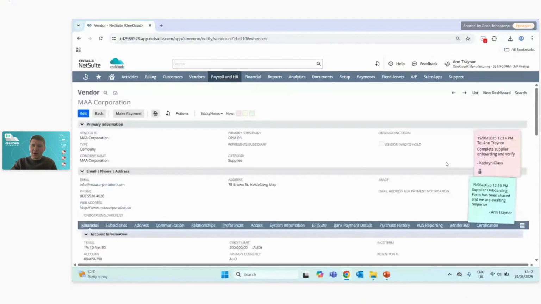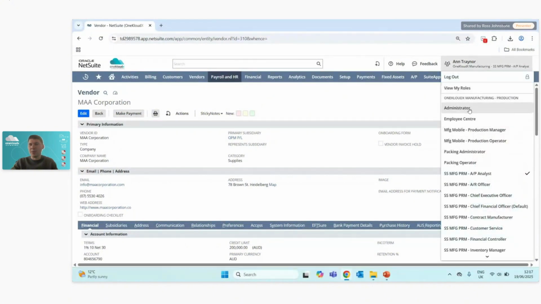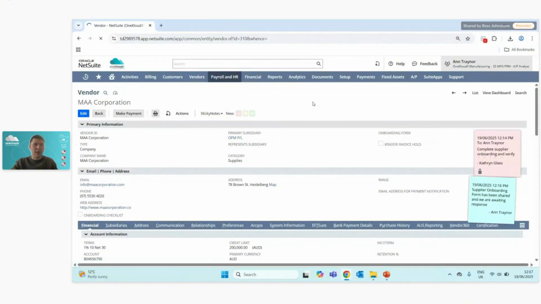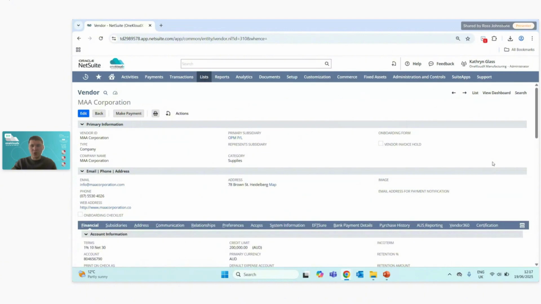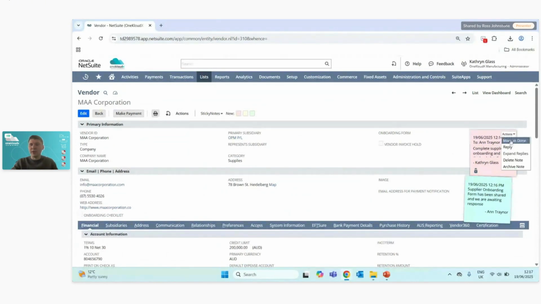And again, as well as that, anyone that has been tagged in this note, as well as the recipient owner being Catherine Glass, she will also receive an email notification of the response to that note in her email inbox. Now, from there, again, we can continue the collaboration, the communication between users, if there's multiple people that are involved in this task or activity, until we get to a point where we want to complete this note and mark